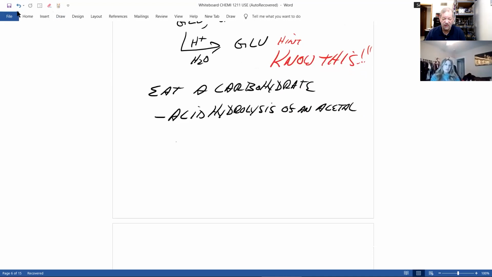And for test 2, the general reaction for both an acetal and ketal: you take the acetal or ketal, acid and water,